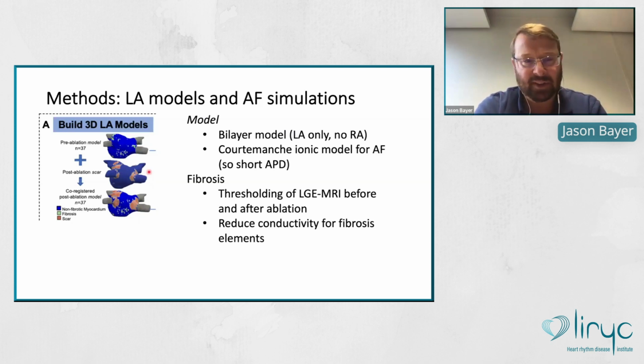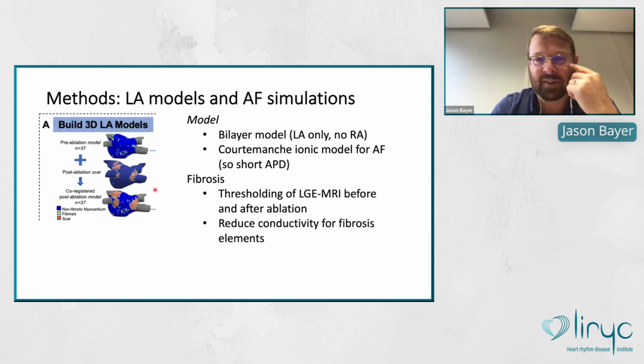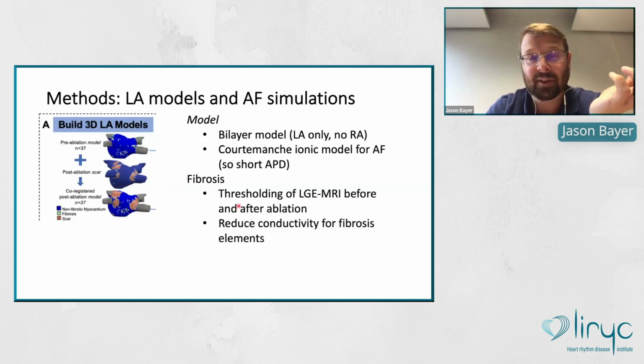And the fibrosis, as you can see from the image here, they have the typical thresholding approach, and they have before and after. So they know that the more highlighted areas, the more intensity, they have the scar information. So you can see in green the fibrosis, and then in red here is the scar. So they have both before and after. And what they do is they just reduce the conductivity in the elements of the mesh that has the fibrosis. We'll talk a little bit more about details of that, but this is pretty standard